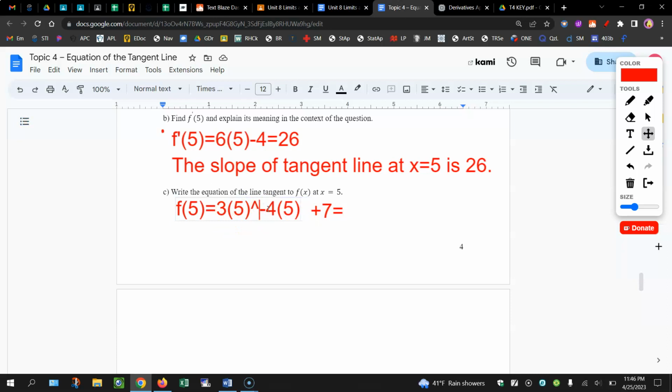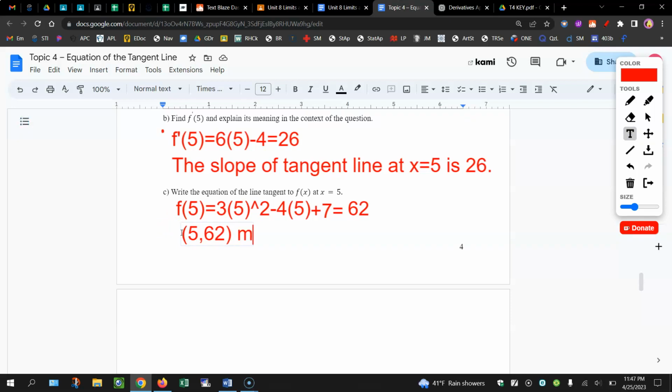Okay, 25 times 3 is 75, minus 20 is 55, plus 7 is 62. Hopefully that's right. 75 minus 20, 55, 62. Okay. So now what we have is the point where x is 5, y is 62,